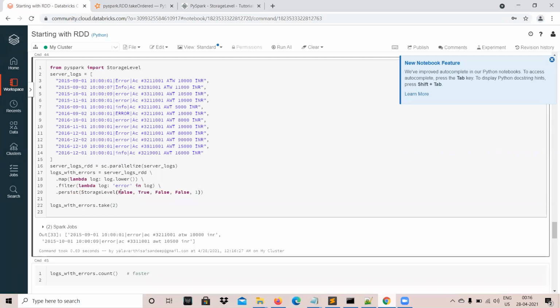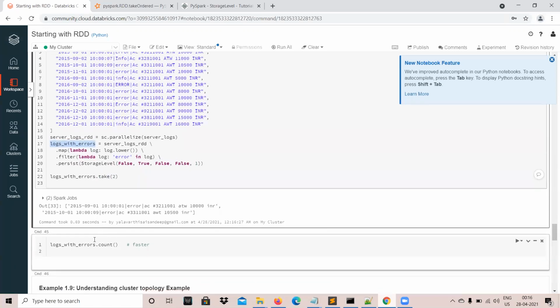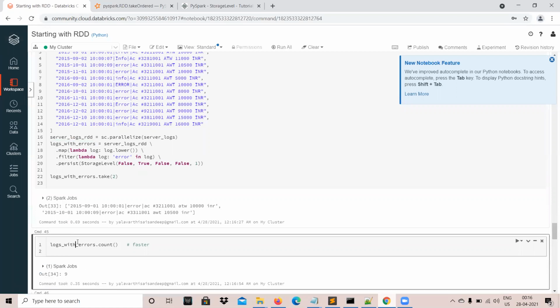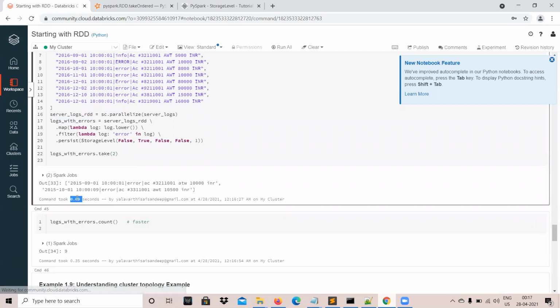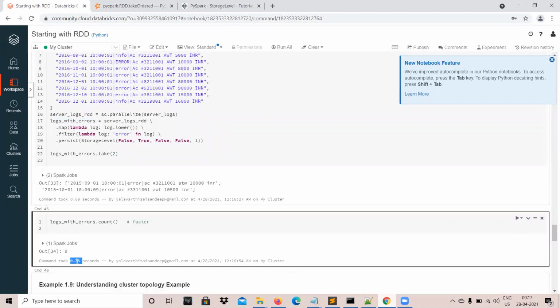Okay, so it's a very small data having only 10, 12 records. So the first time I just called the take 2 function, a take action. Okay, this is my RDD. I read this log, mapped it to lowercase, filtered the errors only, and then I stored it into the memory, and I executed this. You will not see much difference here because it's a very small data, but on a larger data set, you will clearly see the difference. Here also you can see this took 0.69 seconds and this took 0.35 seconds, like half, because it really didn't compute this part because it's already there in the memory. So it becomes fast like that.